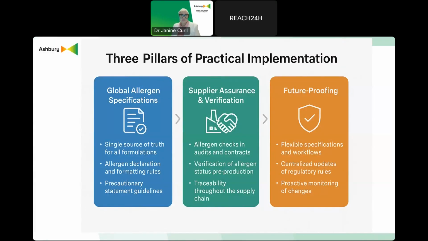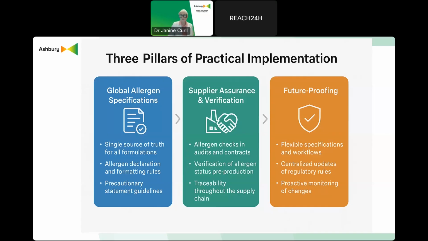Now that we've briefly introduced the challenges of fragmented regulations, I just want to shift to what businesses can do to start thinking about, or indeed continue to be thinking about, in the back of their mind. This slide shows the 3 pillars that turn allergen compliance from a legal requirement into the operational strength of your business. At the end of the webinar, I'll return to these concepts of the 3 pillars for practical implementation of the global allergen requirements. Right now, I'm just introducing the concept to ensure that you are thinking about the implementation and how it would look within your established systems.